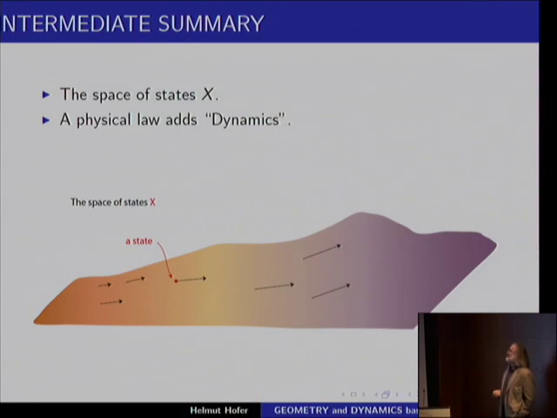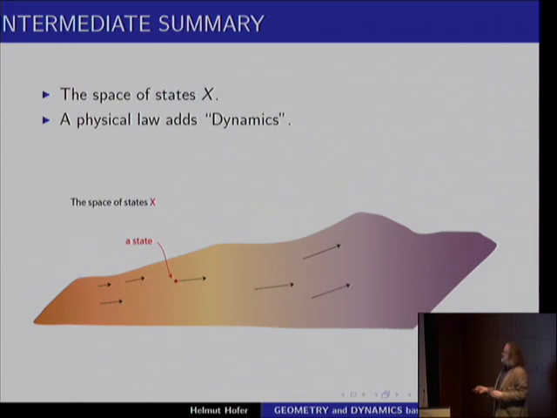So the next thing, we have to add a physical law, which means we add these arrows. What does it mean in practice? In practice means this landscape, each point is technically a bunch of numbers. Then there is a formula, and out of this bunch of numbers, you compute this arrow. And then you do precisely what I said at the beginning. You start with some state. You look at what your arrow is. You start moving in the direction of this arrow. You update because you have a new arrow there, and so on.